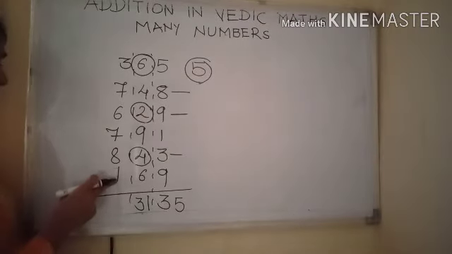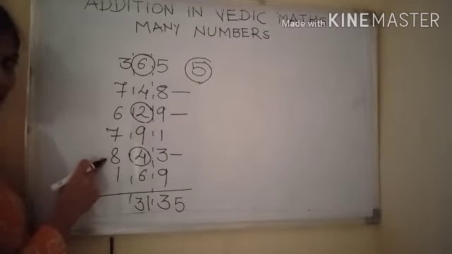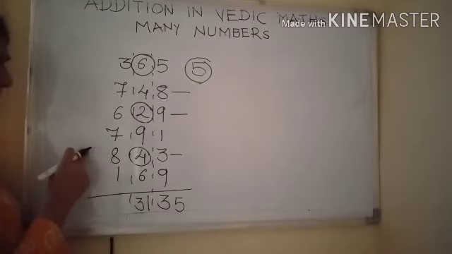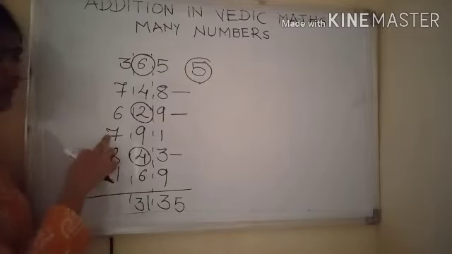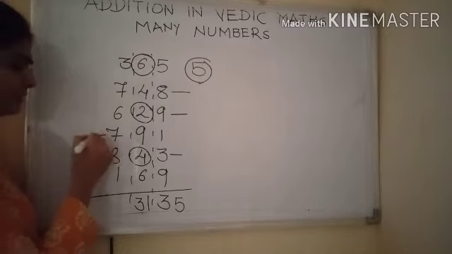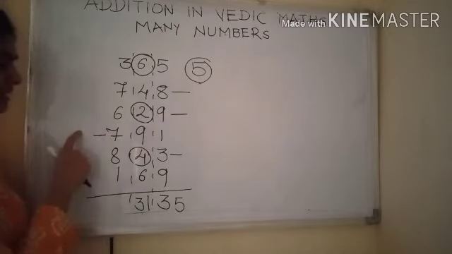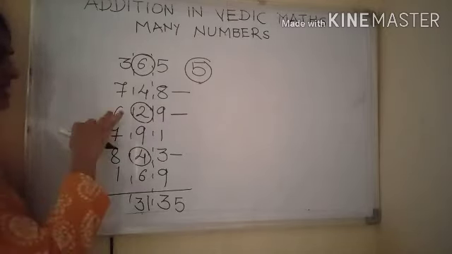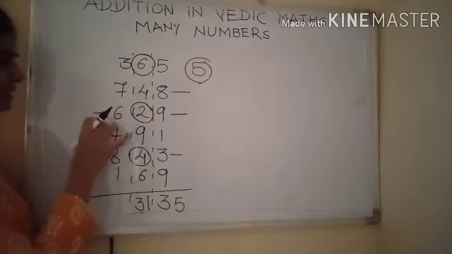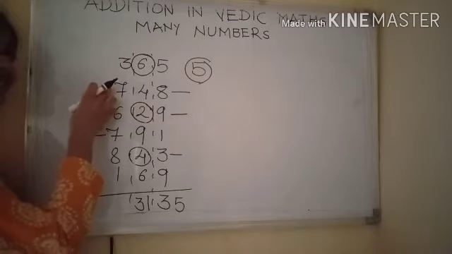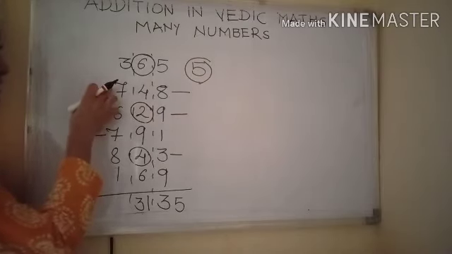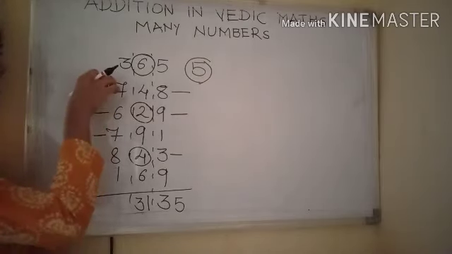Next is 8 and 1, non-carry combination, answer is 9. There is 9. Imagine it is in your mind, it is written over here. Imagine like this, then only you will be able to solve it, okay? 9 and 7, that is carry combination. 9 and 7, n number is 6. 6 and 6 is carry combination, and 6 and 6 is 2. Now 2 and 7, that is non-carry combination, and 2 and 7 is 9.